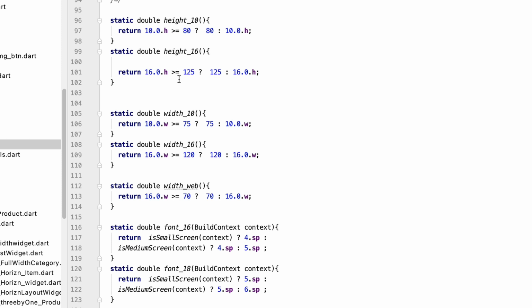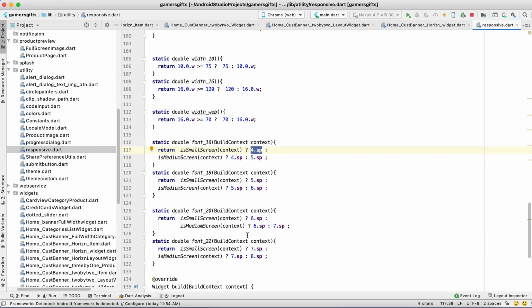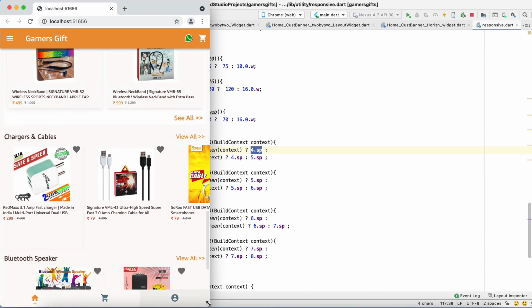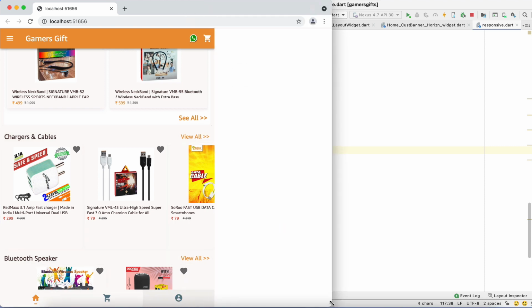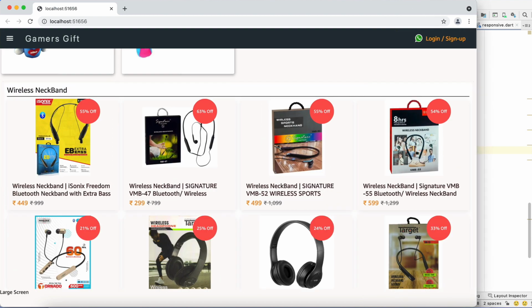So if I show you the font, 4sp, 5sp, 6sp, okay, according to the small screen the font size will be changed automatically. Okay, so this is very interesting to work on Flutter web, and you can create custom designs as per your client requirement.